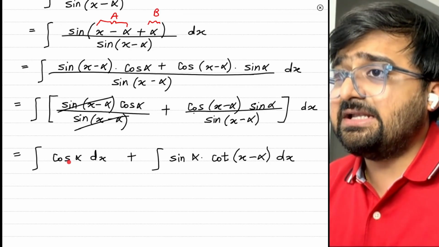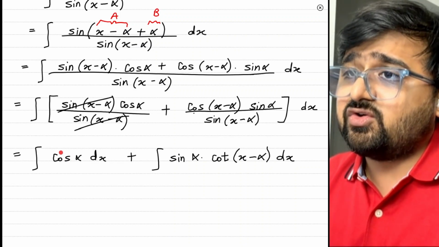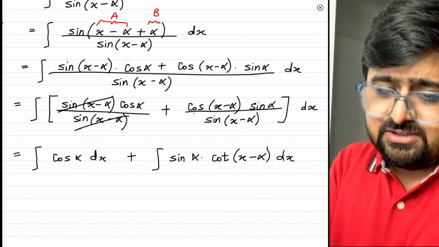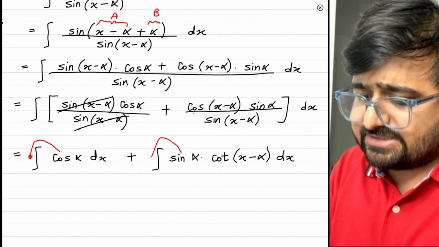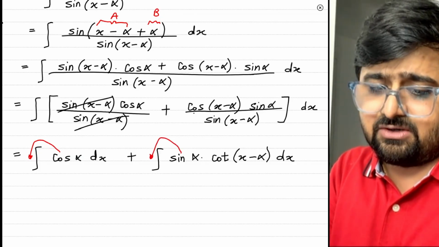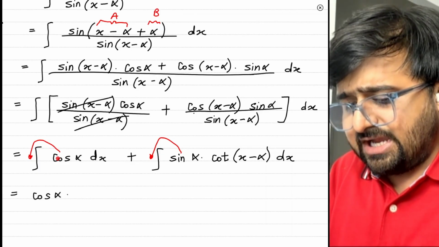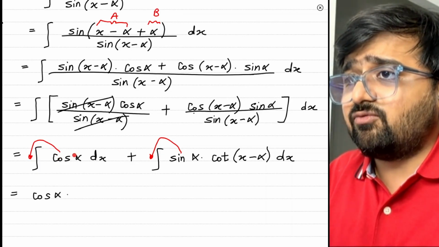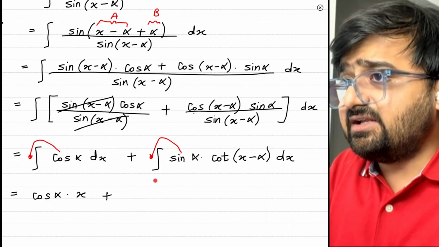Now remember that the integral of cos alpha is not sine alpha, because it's a constant value, so it can be taken out of the integral. Here cos alpha is a constant value and can be taken out. Sine alpha is also a constant value and can be taken out of the integral. So we have cos alpha, and you'll be left with 1. The integral of 1 with respect to x is nothing but x, plus sine alpha will be out,